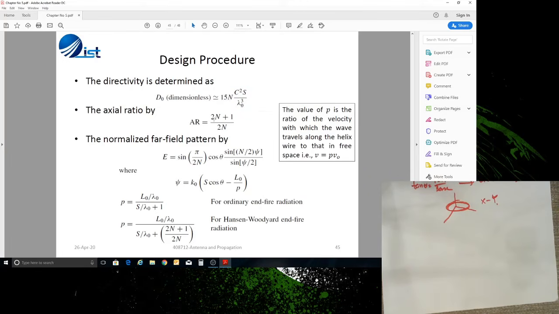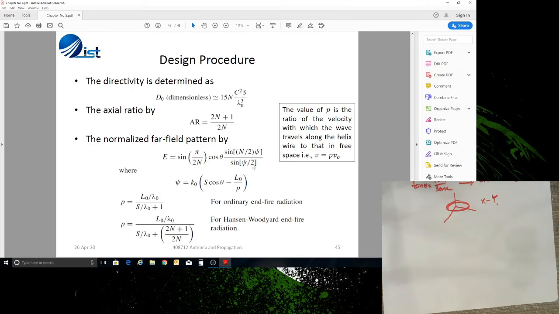Axial ratio is defined as 2n plus 1 over 2n, where n is the number of turns in the helical antenna. और जो फार फील्ड पैटर्न है वो अगर आप निकालना चाह रहे हैं, तो वो सारा एक पूरा मैकेनिज्म है कि हम एक्चुअली E फील्ड कैसे फाइंड आउट करते हैं, हमारे पास ये फाइनलाइज्ड एक्सप्रेशन आ गई है E फील्ड की. And here we can see E is sin(pi by 2n) cos theta